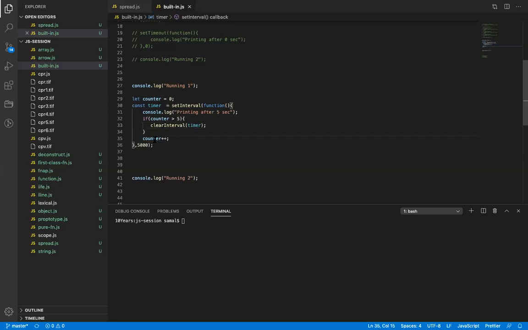Whenever this is executed, I will just change this to 3 seconds.